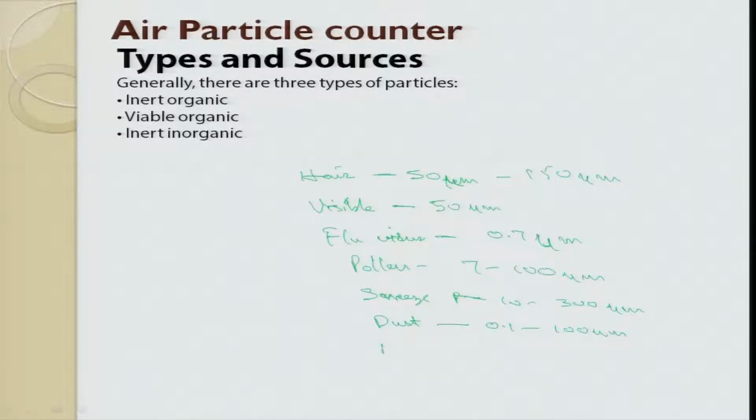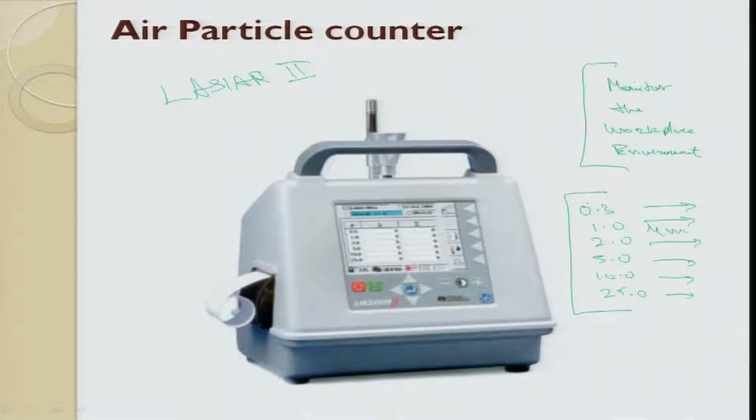Then bacteria, in this case the particle size is from 1 to 10 micrometer, right. So, we have a particle size counter here that has these 6 channels and it can count up to. So, what is important to us is,